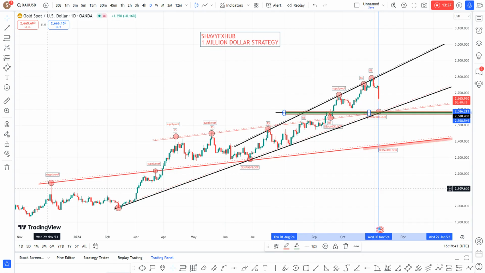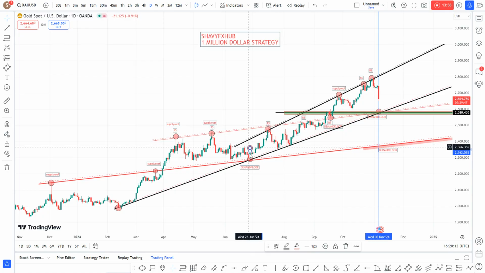We have here from the bottom a resistance structure, a break of a resistance structure, and price returns on retest. We have another top layer of resistance structures. Break of a supply roof, price returns on demand, retest 1. I expect retest 2 in the zone of 2580.450. So when you look at all the evidence, we have our ascending trend line. Our ascending trend line is beautiful and perfect. Well calibrated.